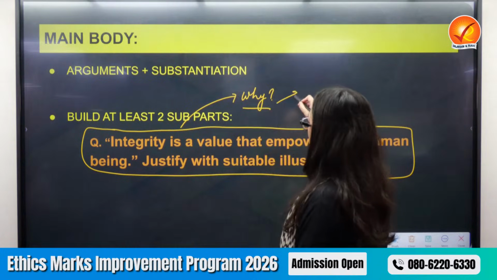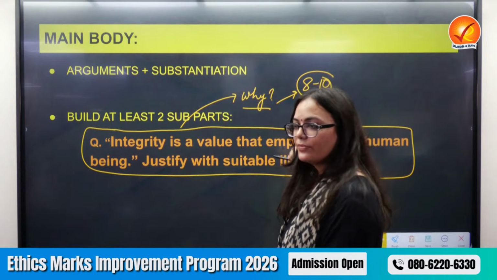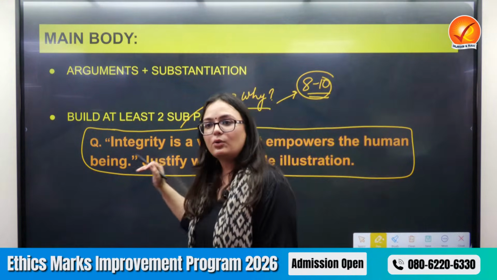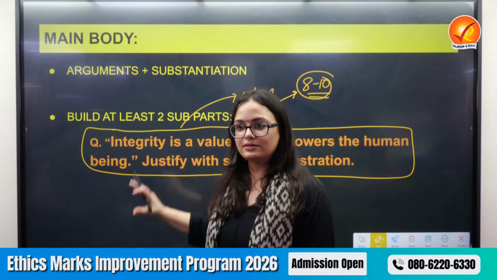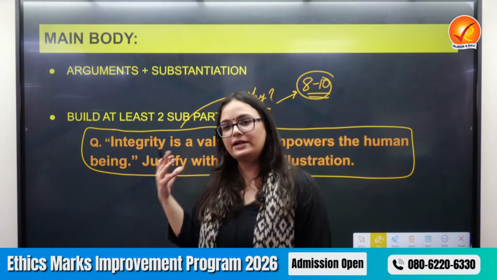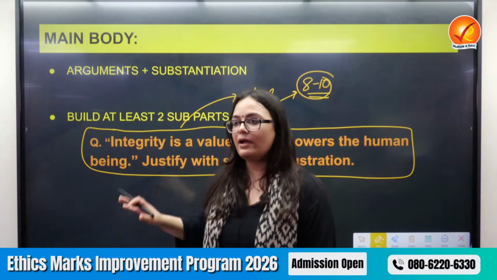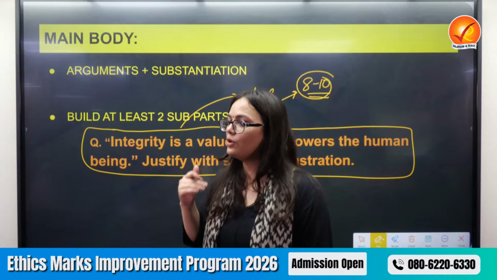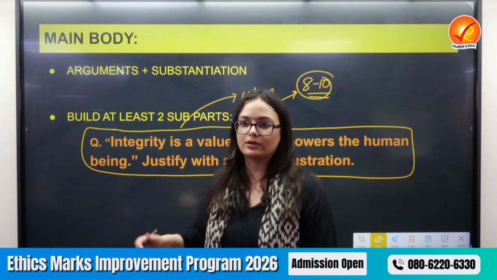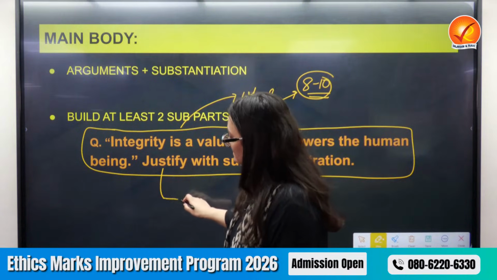You are supposed to write at least 8 to 10 points in an answer. Now, can you write 8 to 10 points of equal quality to explain this one subpart of the question? No. If you do that, you will degrade your answer after every point. At best, you will know 5 points about this. At best, you will know 6 points. Beyond that, you will not be able to write anything without repeating or depleting the quality of the point that you're writing. So what you do instead is create